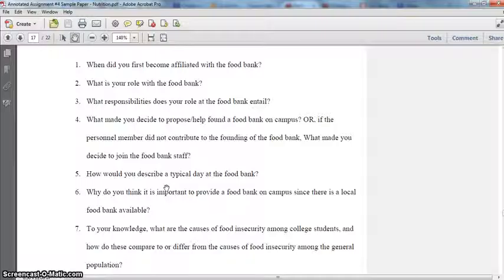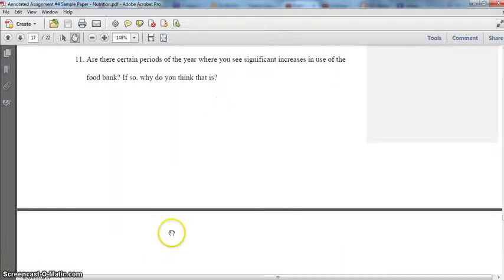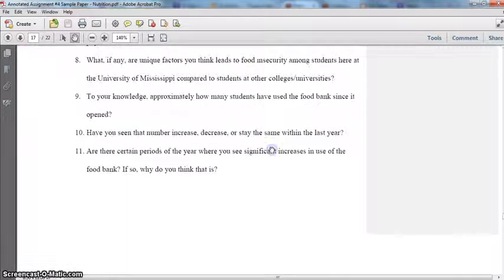So again, the idea is to get the participant talking, because if you do that, then you're probably going to get better answers in terms of more involved, more in-depth answers, more accurate responses. You'll probably get just better quality data than if you were to immediately jump into asking the question that you want to ask. So, if for the first question I were to ask something like, what do I think are the effects of food insecurity on college students, that's the kind of question that you probably would want your interviewee to think a little bit on, and isn't a good starter question. I mean, that's a pretty big, complex question.